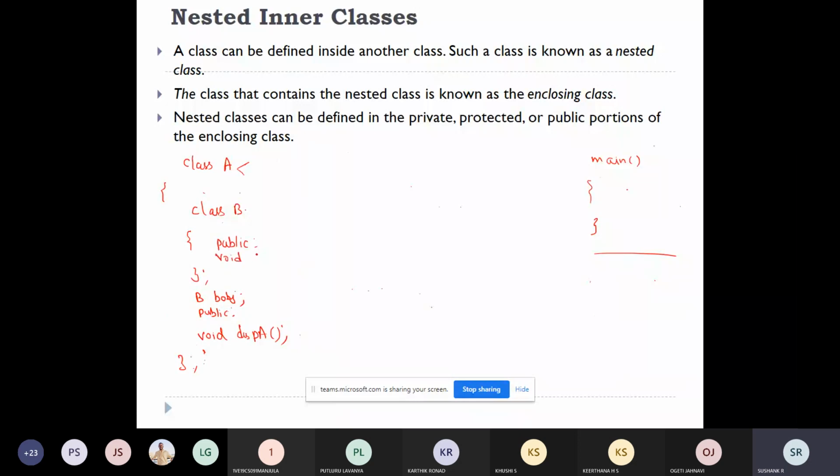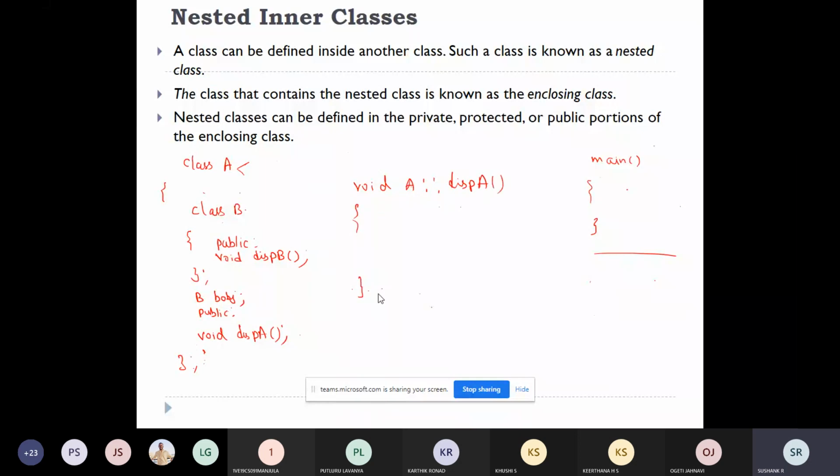Class B contains one function called display B, and I've created an object of class B, but class A contains one more function called display A. Now how to access this class A function? This display A belongs to class A, so class A, scope resolution, after that the function name display A.